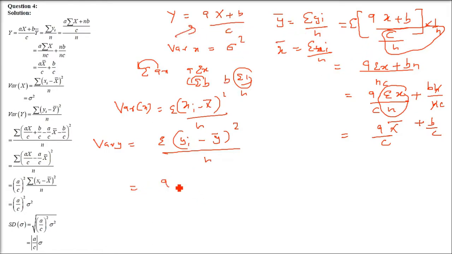So in place of yi, as this question is given, we will put ax by c plus b by c, because (ax plus b) by c can be written as ax by c plus b by c. So this is capital X only. Okay. So ax by c plus b by c, because we are just separating it with the denominator, and minus y bar. Y bar is what we just found out. Y bar was a by c x bar plus b by c. Now putting it here, a by c x bar minus b by c. Now this is under square bracket, and with sigma.